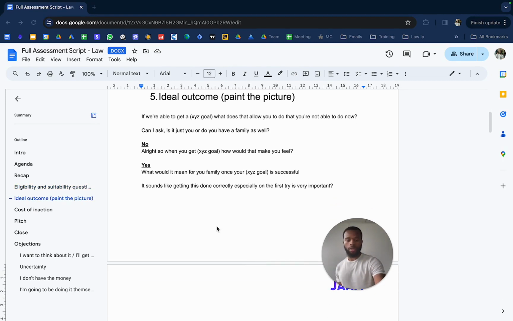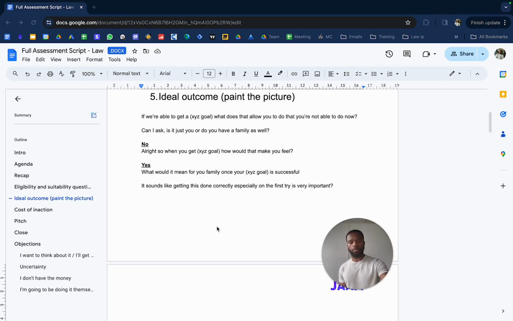Now, after that, again, another key question here. It sounds like getting this done correctly, especially on the first try, is very, very important, right? The reason why we ask this is, how can I put it? If you have a service area where the prospect can go and do the service themselves, we are almost preempting it with this question, because if they're thinking about doing it themselves, obviously they've more than likely never done anything like this before, right? So their chances of success are very slim,